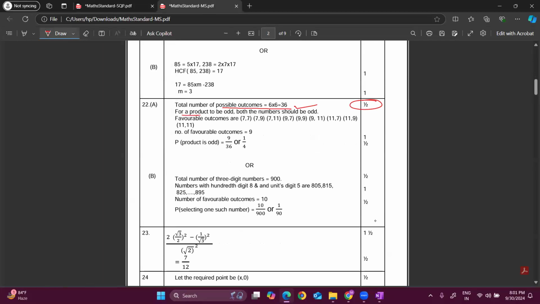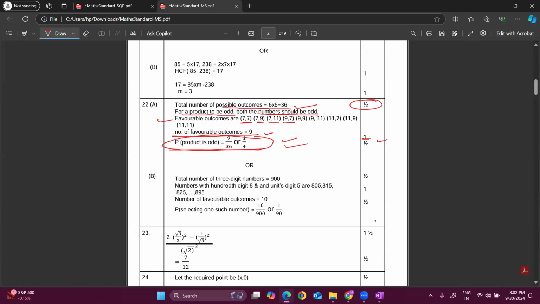And see, for a product to be odd, both numbers should be odd, right? 7 sevens are 49, 7 nines are 63, 7 elevens are 77, 9 sevens are. So favorable outcomes. And then the number of favorable cases. So till here, if you do, you will get half marks. And then if you do this, you will find the probability. So in this way,